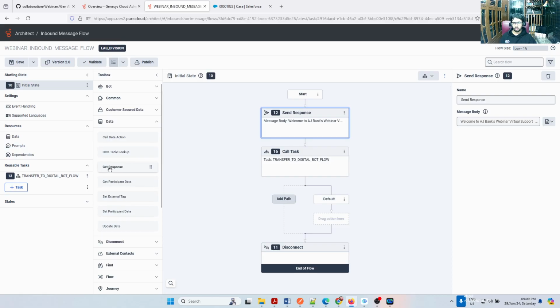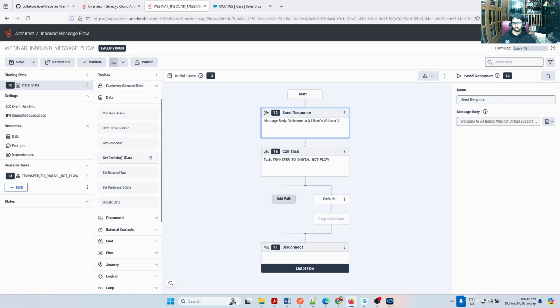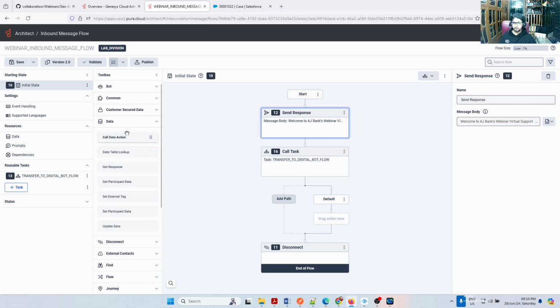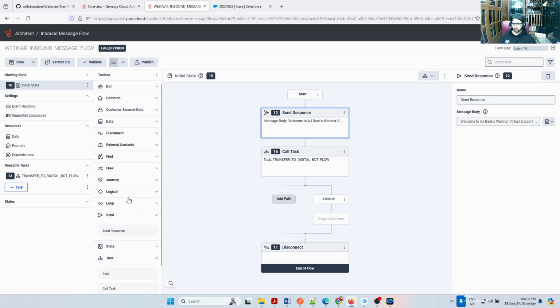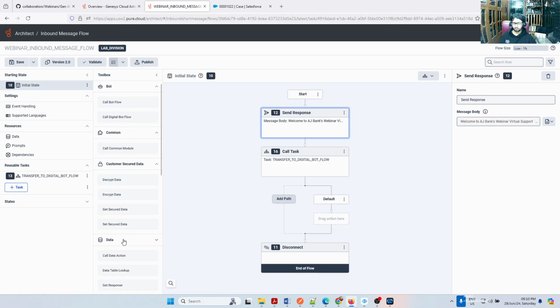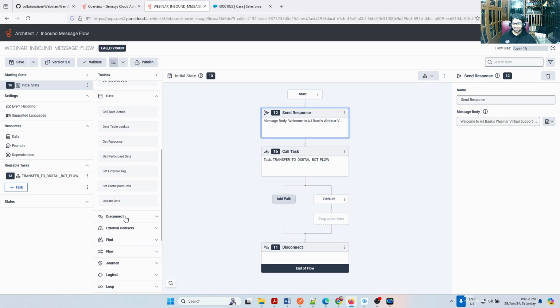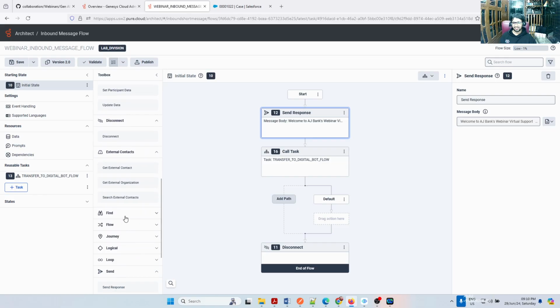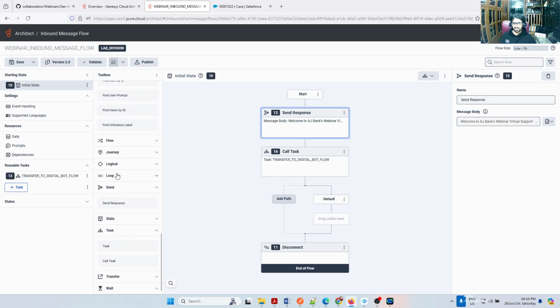Get response will collect the data. What's that question? Actually, it will be used for pulling the candidate responses from the admin, right? Then we'll have to see. You mean to say that there is not even an option to collect input data? I was wondering why this is not available in Genesys Cloud. Maybe just quickly checking with you. Okay, so I will take that question.